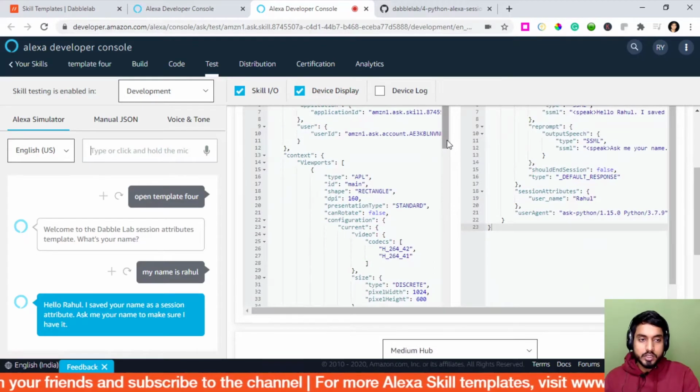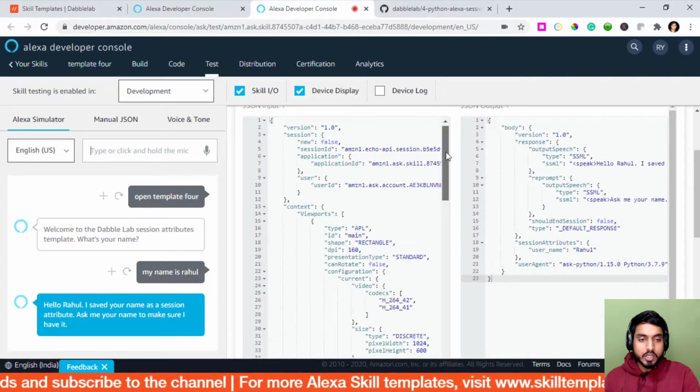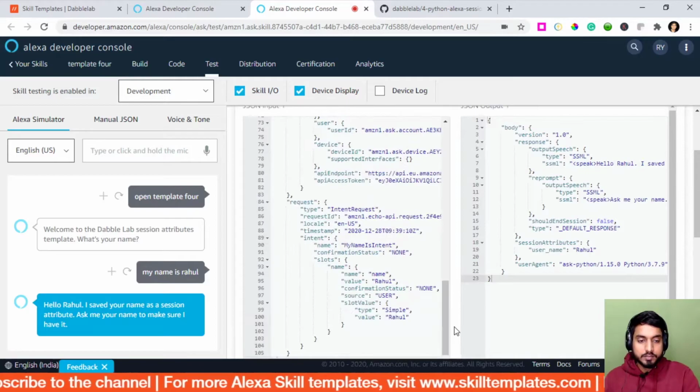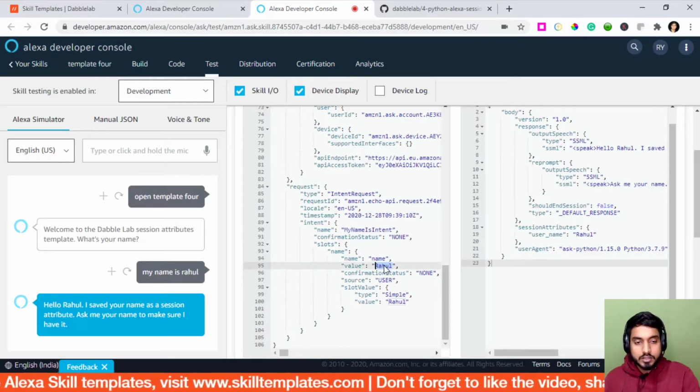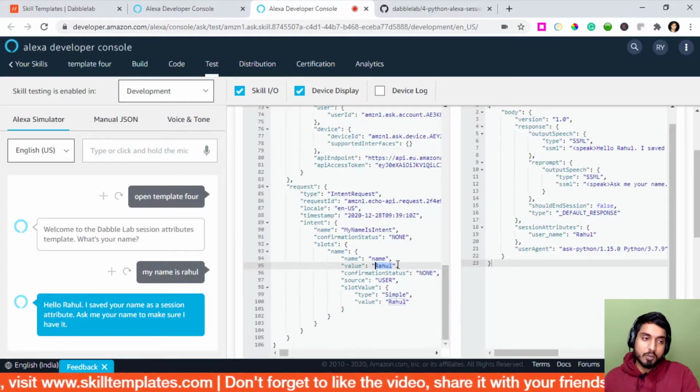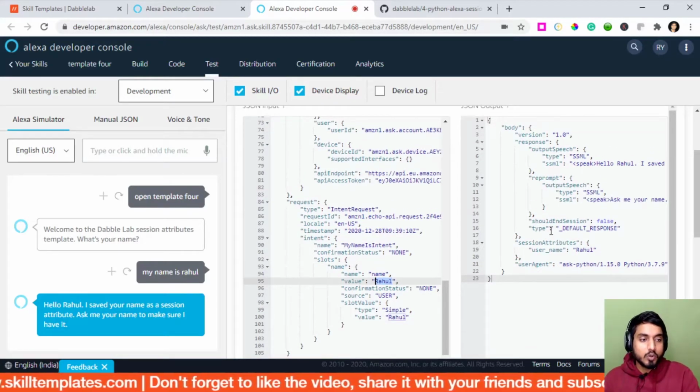So as you can see here, the request that we got from Alexa contains Rahul as a slot value. So we pick this name from the slot value, and in our response we pass it inside a session attribute.